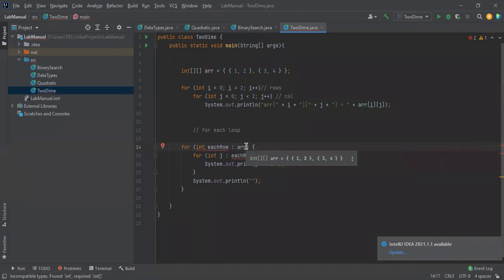We pass each row of the two-dimensional array to a single-dimensional array. If it were a single-dimensional array, we would take a single value. I think you got the difference, right? This is the main difference. So each row is assigned to another array, so it is already a single one. This is a single-dimensional array.